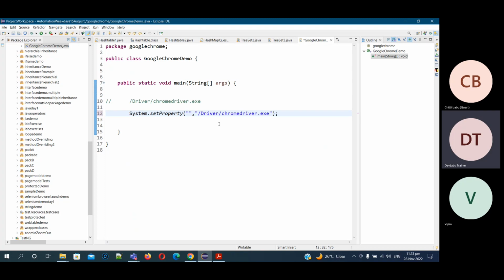And you will put a dot. So dot means the current project location. Okay. In the current project, there is a folder called driver. Inside that, this file is there. So I'm telling this. And for this, what is the key you have to pass? So key is